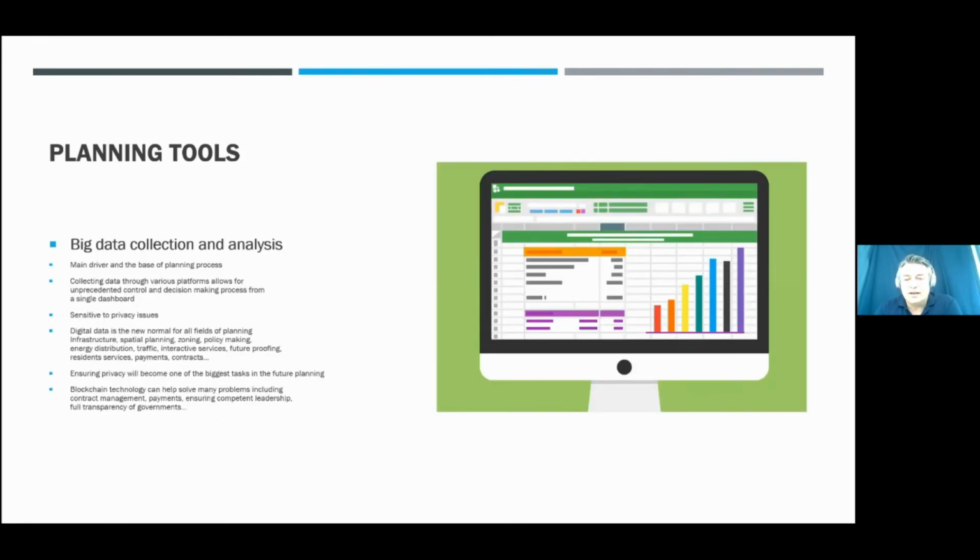Big data collection and analysis. Now, this is a big one, because in relation to what's happened with GIS and the policy making before that, in order to get any of these things, you need to collect the data. So that's a main driver of the planning process. Of any planning process, you need to collect the data to be able to understand better what you're trying to do. And once you get the data, once you analyze the given priorities or given interests, then you can start trying to resolve the issues.